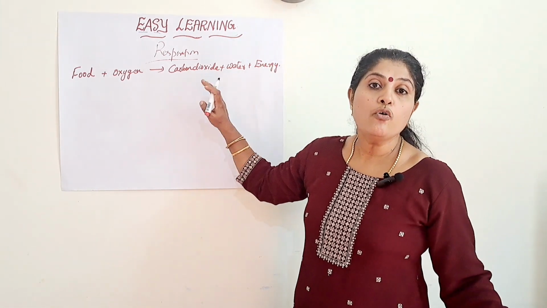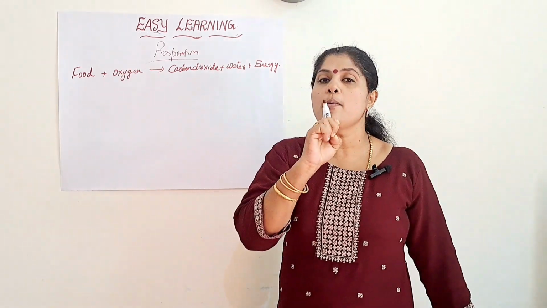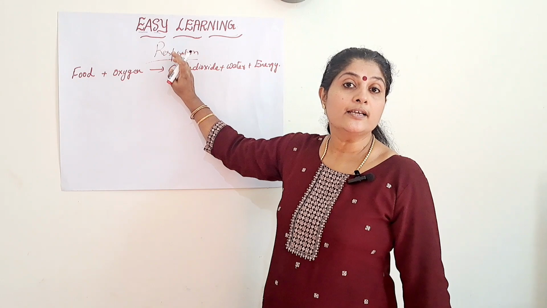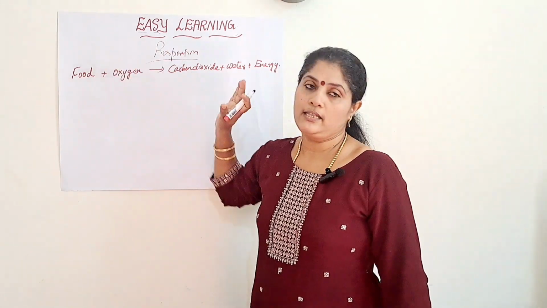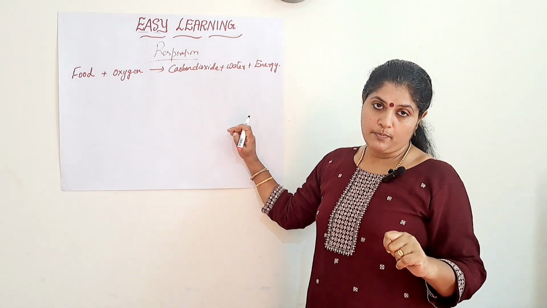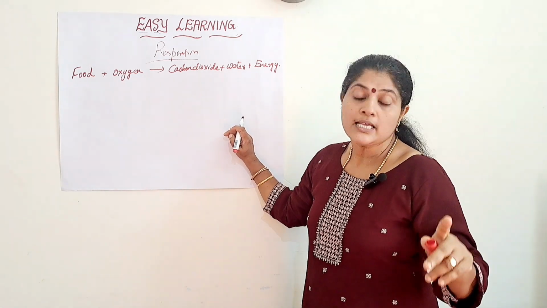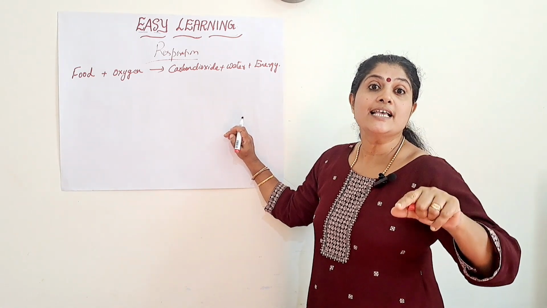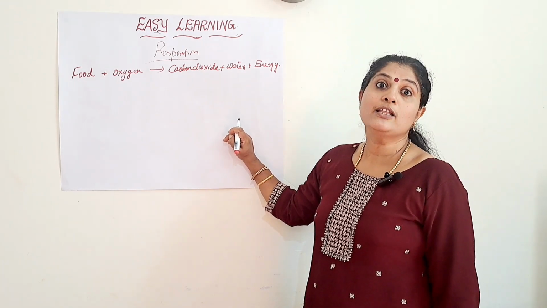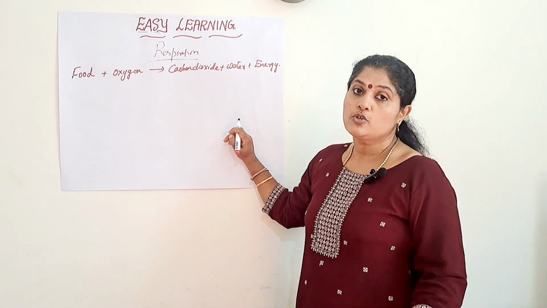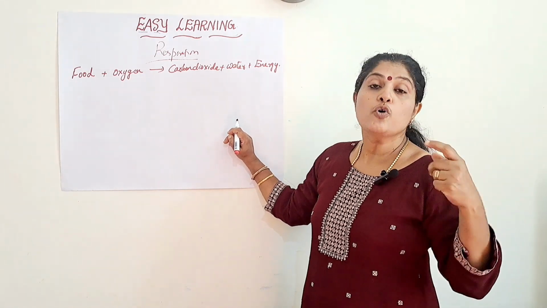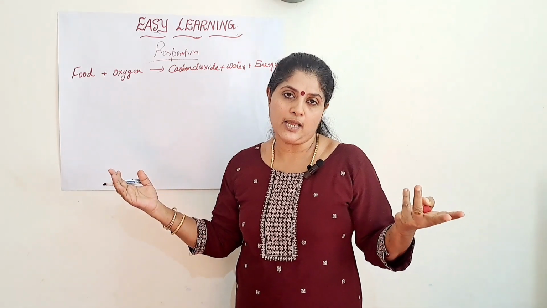Okay, so now we will move on to one very important part in this introductory part of respiration, that is a 2-mark question. It is: justify the statement. What is the statement? Respiration is just the opposite of photosynthesis. Justify the statement. Like that the question will come for the board exam. So how can you justify that particular statement?